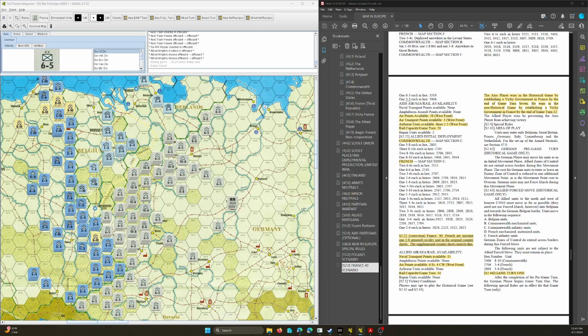So if we're playing the historical game, there's a number of special rules. The German player has an extra pre-game move. Allied zones of control don't extend across the border. The cost for German units to enter or leave an enemy zone of control is reduced to 1. And the move applies to cost to overrun also. I think that's a free move there. They can't force march. And then the Allied forced move, all Allied units to the north and west of Hexrow